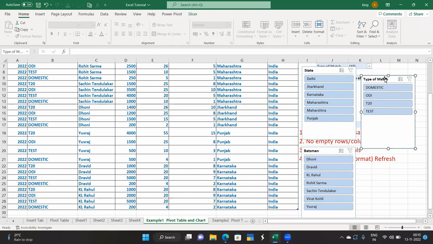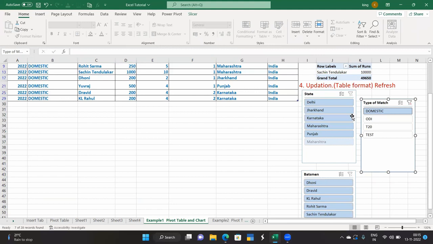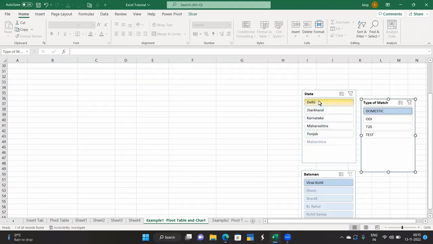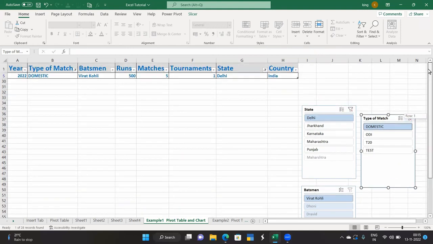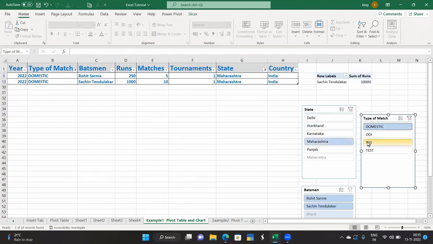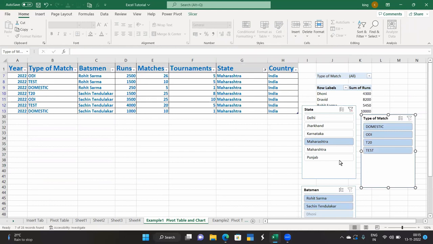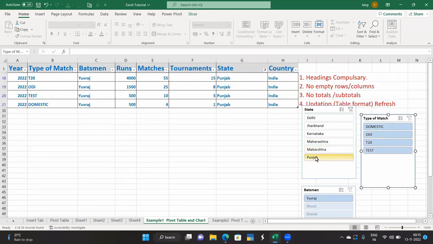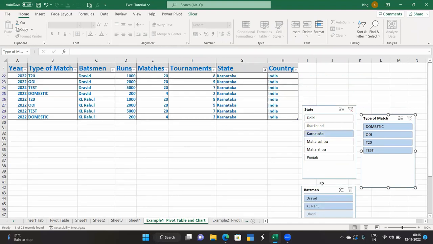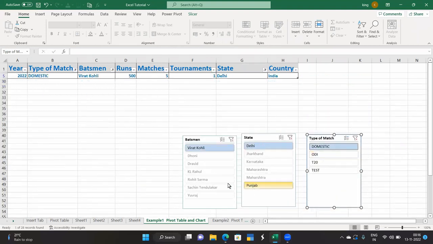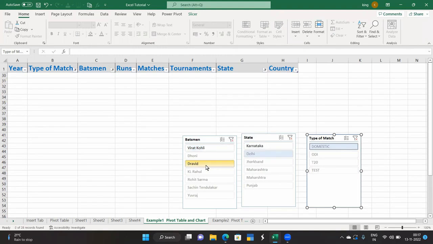Now I am selecting domestic. Only domestic data will be displayed. If I select Delhi, only the data of Delhi players will be displayed. If I select Jharkhand players. Okay. I'm simply removing the selection. I'm selecting all. Maharashtra, all players. Punjab, right? Karnataka, all players. So in this manner, we can go for